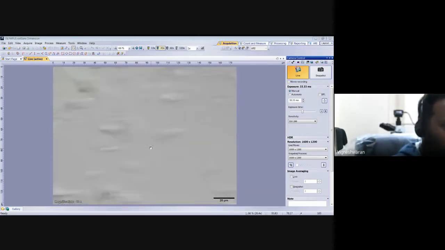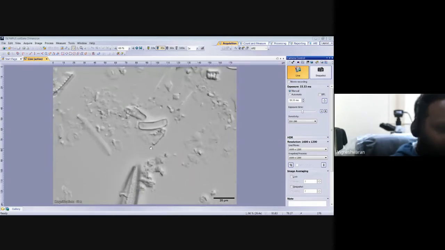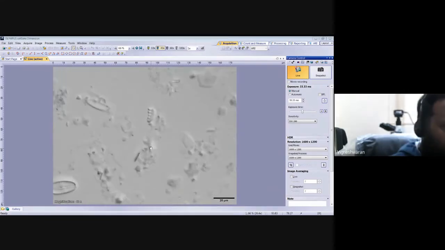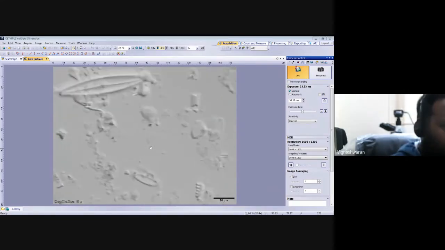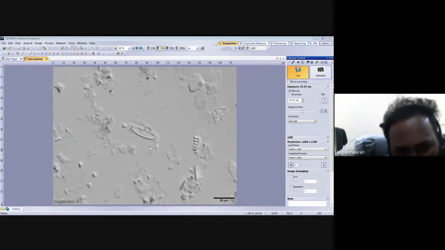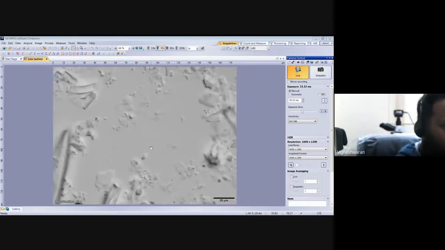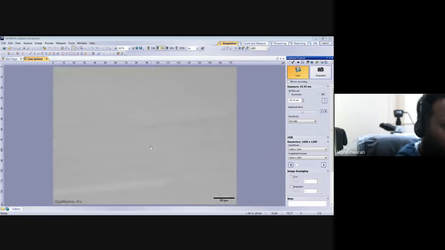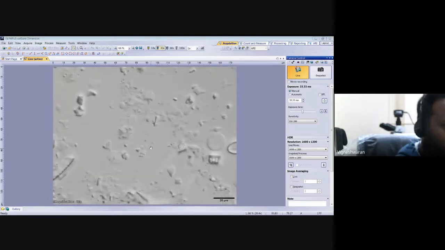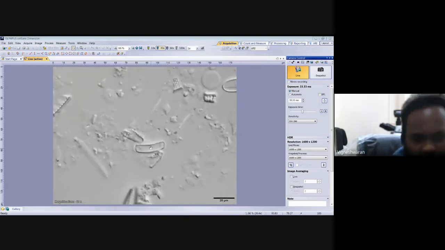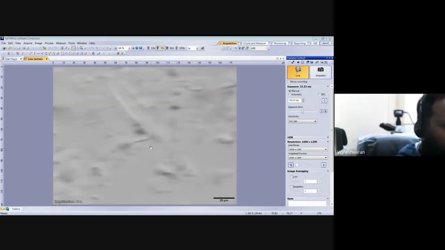Most of the diatoms fall like that. I will show you. See, this is one girdle view, and this is the valve view of the same diatom. This diatom is called Achnanthidium. This is the valve view. It has fallen in a proper way. If it has fallen a little vertically on one side, it will look like this. This is the girdle view.